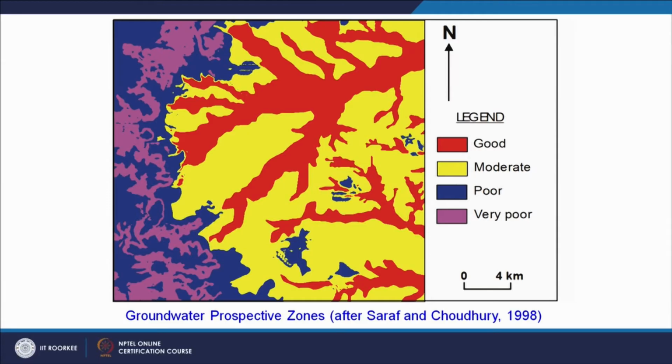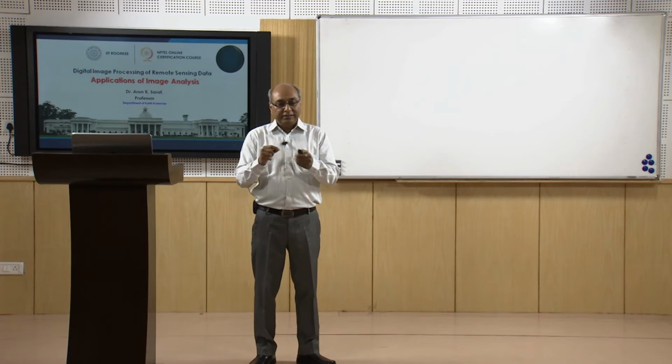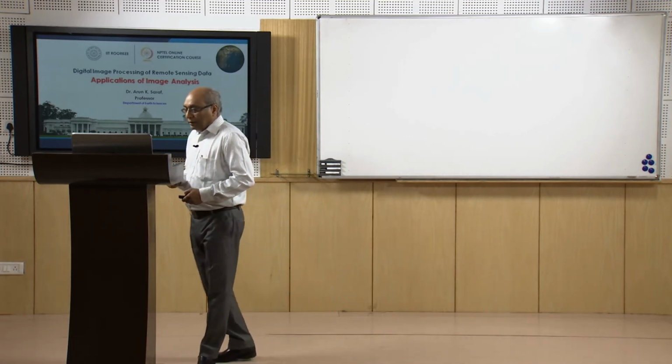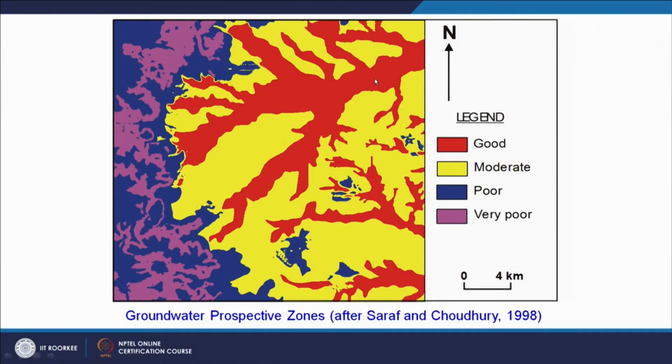The main input, remember, is the satellite image. Image enhancement, image analysis, image interpretation, inferences, integration with other data sets, and now you are seeing a product which is telling, for the same area, if you are looking for groundwater in this area, then